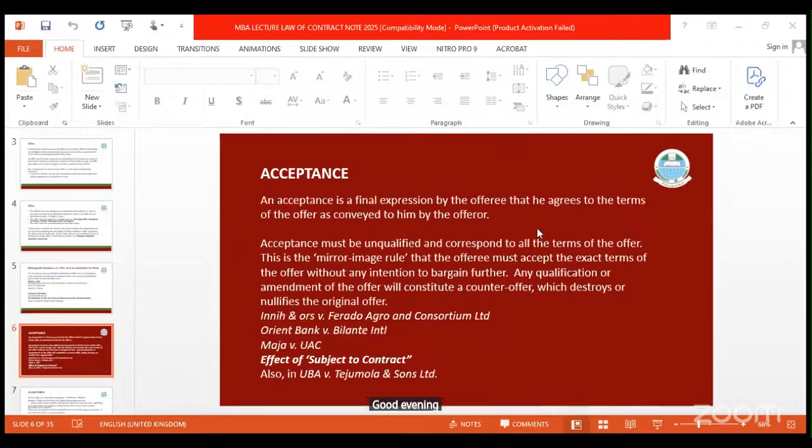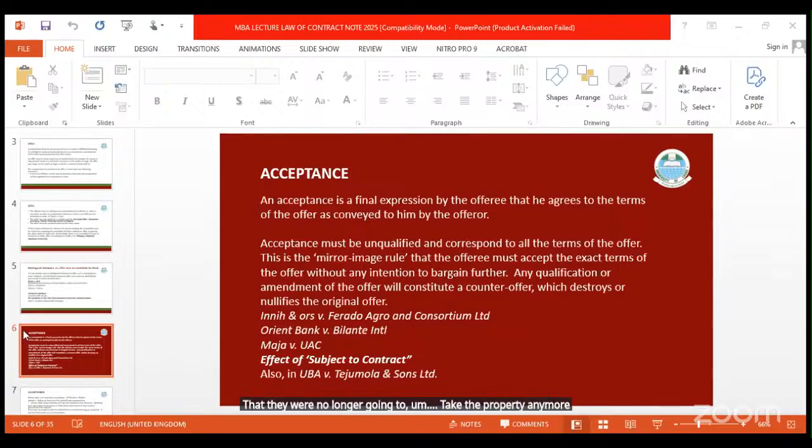Good evening, sir. I may not get it word for word, Counsel, but I recall that in a discussion, I was told that it was a case of a lease agreement that almost went wrong. UBA wanted to lease a property from Tejimola, and after a lot of discussions, they mentioned some things they would like fixed in the property. Tejimola went ahead to fix those things, and then all of a sudden UBA opted out, saying they were no longer going to take the property.